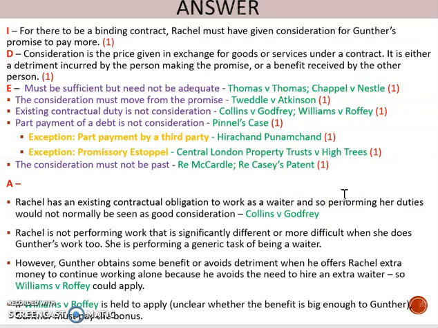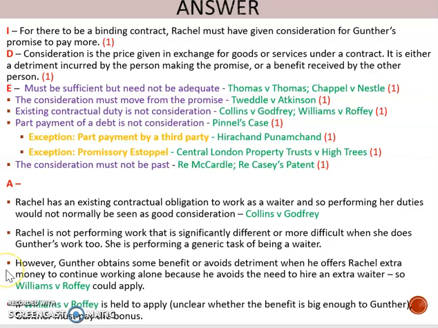And that's going to be particularly important when you're talking about rules that have got a general rule, like existing contractual duty, and then an exception to that rule. So by explaining the case, you can really show that you understand it. Okay, so in Williams and Roffey, outlining the fact that there was a practical benefit in avoiding a penalty clause in the contract. So don't write masses and masses, but do outline what happens in the cases to help make your point.